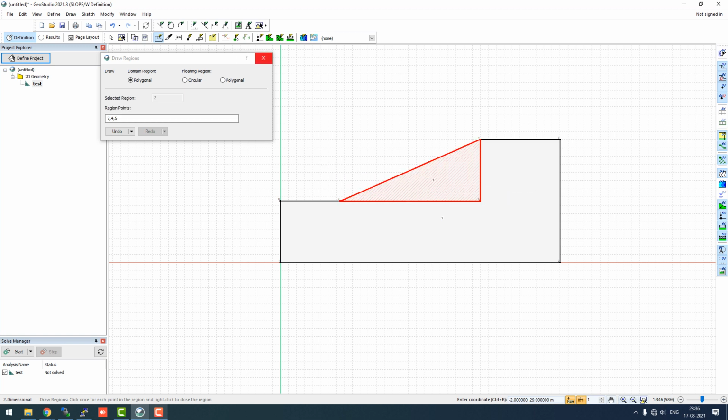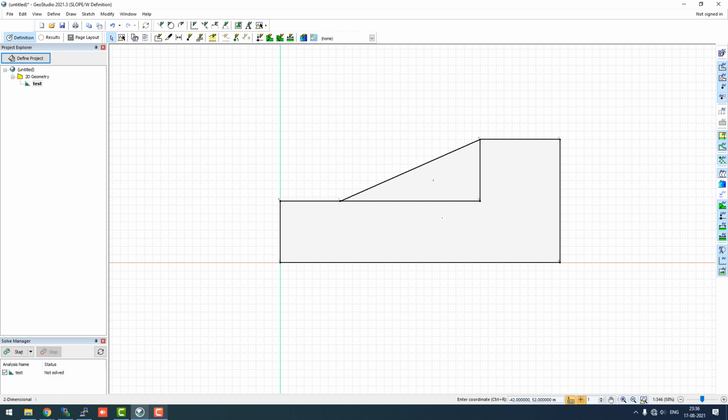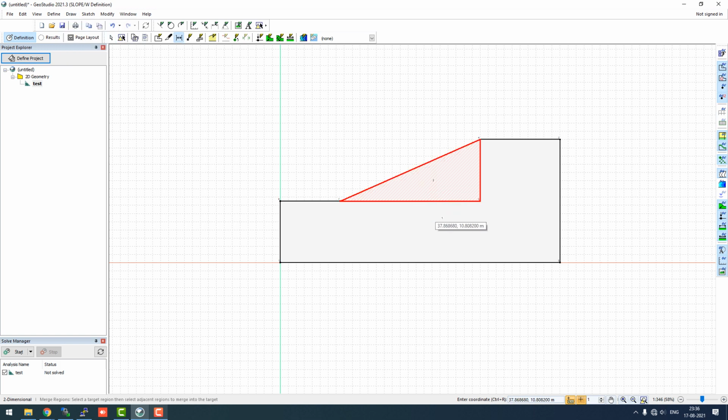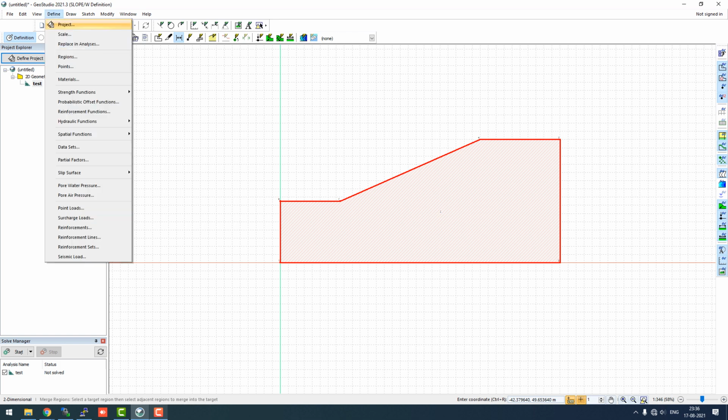So we have two regions now, and with these two regions, we can merge them. So we can go to merge region and then select this region, and we have merged these two regions. So there are several ways to create a geometry, and it's quite simple, but anyway we have to look into them. So after geometry, what we will do is that we'll go to